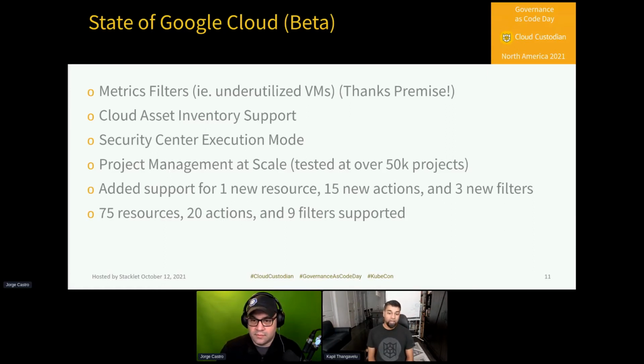And then adding a new source for querying resources, being able to use Cloud Asset Inventory to directly query resources. And as part of our integration with Google Cloud Security Command Center, we're now able to provision serverless functions that respond as new findings are generated inside of Google's Cloud Security Command Center.